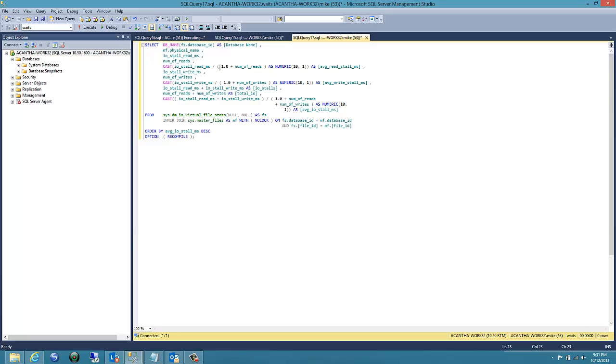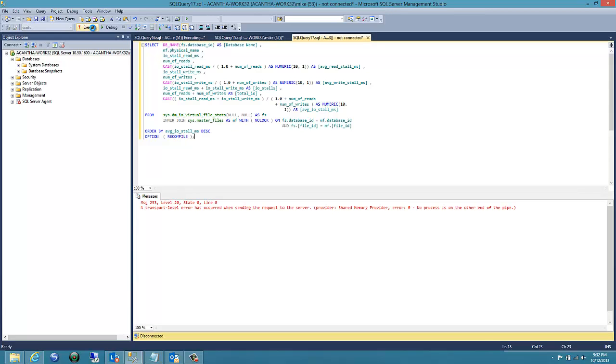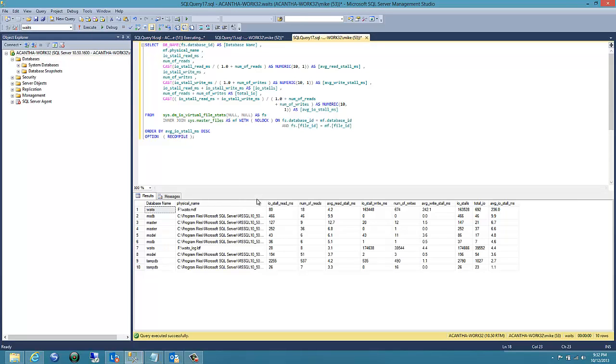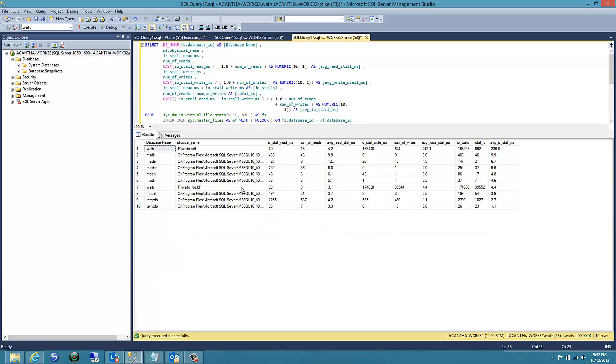Alright, so let's take a look at the system virtual file stats and the system master files. This is also on my blog, and this isn't mine. Again, this is almost everything I do. I pilfer from someone because I don't like to reinvent the wheel. If someone's done it, it's out there, I'm going to use it, and I believe this is Ozar's, although I can't be sure. So let's take a look at the files, the individual files, the MDFs, the LDFs,